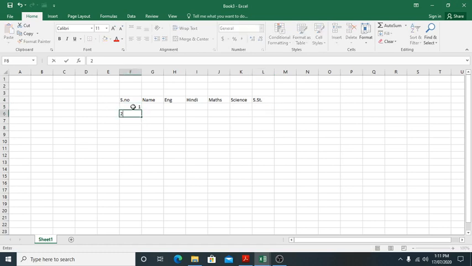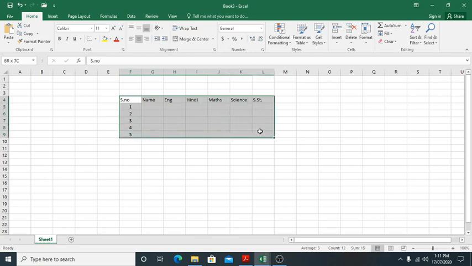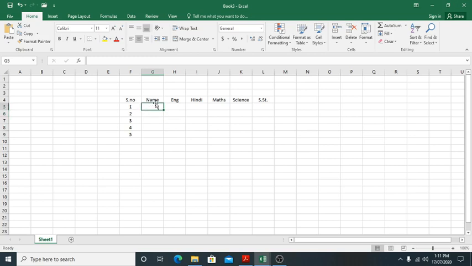Serial numbers one, then 2, and so on, for 5 students. Everything should be centered, each and every entry should be written in the center. Here we write the names, A, B, C, D, E. Out of 100.